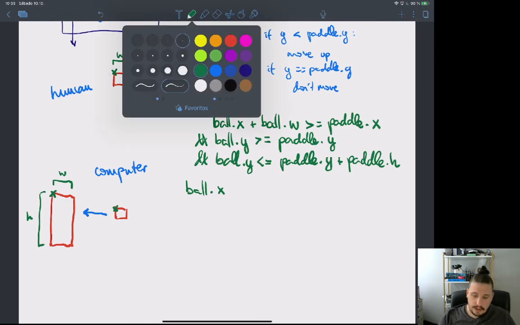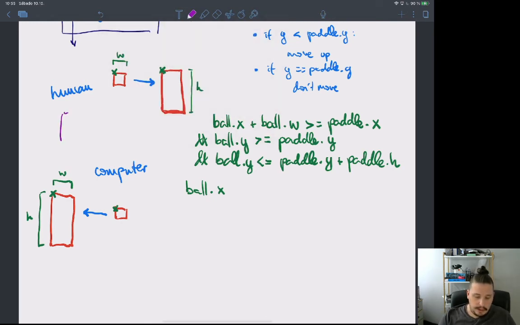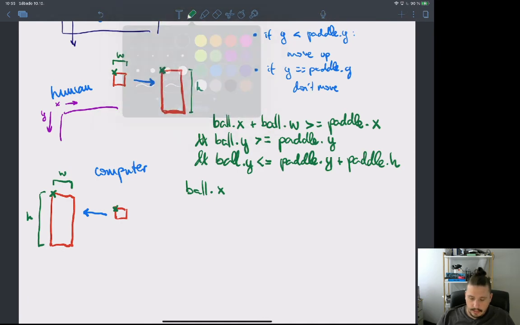That's the thing as well, the axes on the screen go like this: x positive, y positive. So ball.x needs to be bigger or equal. No, needs to be smaller